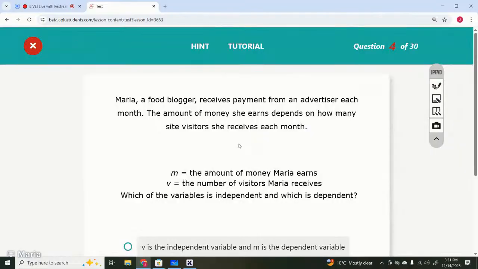Maria, a food blogger, receives a payment from an advertiser each month. The amount of money she earns depends on the site visitors she receives every month, right? So the more visits she has, the more money she earns. So V is the independent variable, and